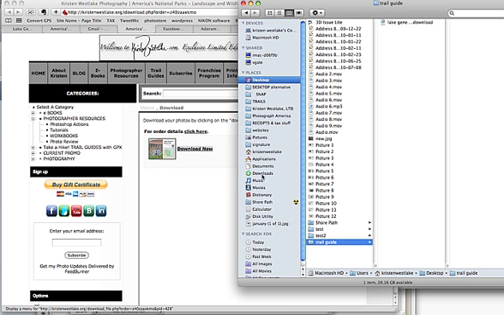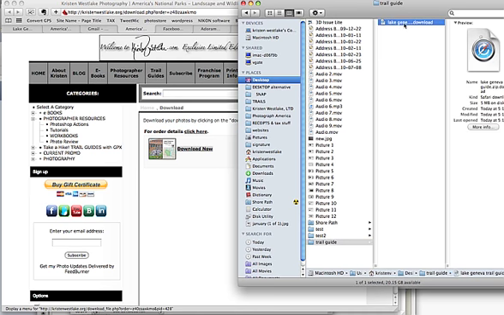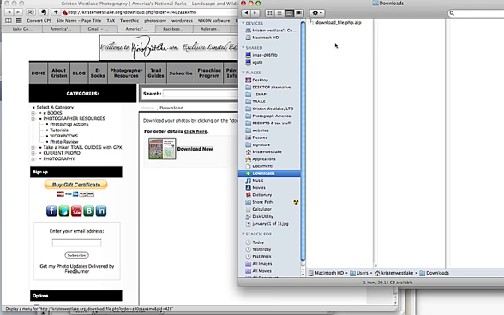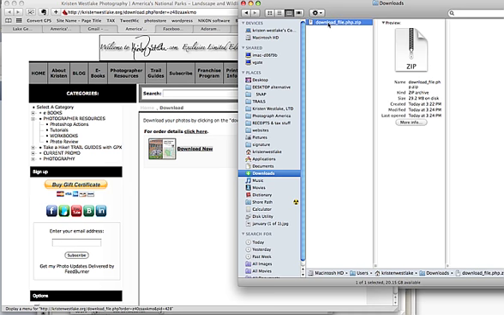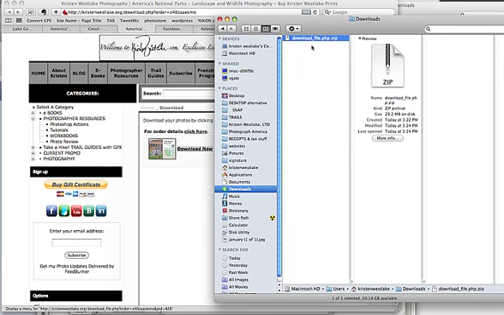To make things just a little bit faster, because it's going to take a little while, I think it's about 37 megabytes. So it's going to take a little bit of time. I think I might even be able to, nope, I can't see the progress of it, but sometimes you can. Now, I'm just going to go to a file where I did download it before, and I left it as what it was called. It was called download file, but I could have simply changed this to Lake Geneva Trail Guide too. But just for purposes of hurrying it along a little bit and showing you step by step,